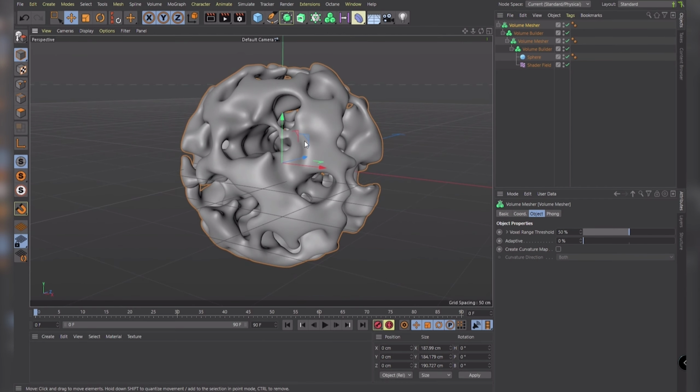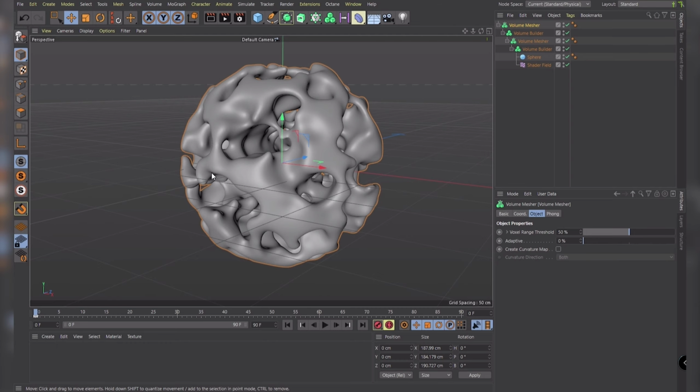Okay, so that's already the basic part of the model. Now we're just going to add some more details before we jump into the texture and the lighting. So the detail we're going to add are just some shattering pieces all over the place. There are many ways you can create these shattered pieces, but what I found to be the easiest way is just making some fractured objects.